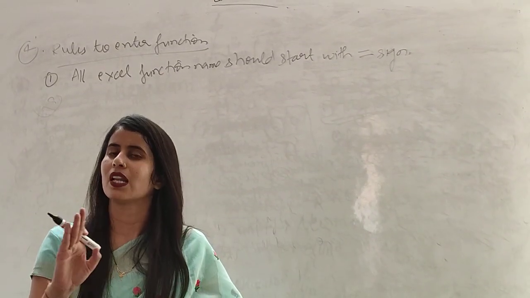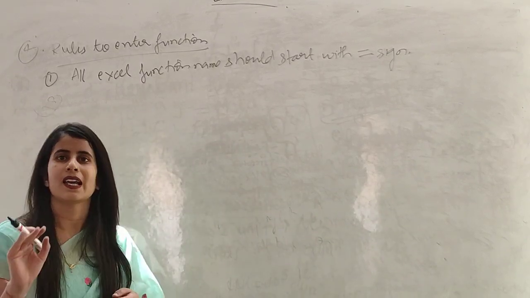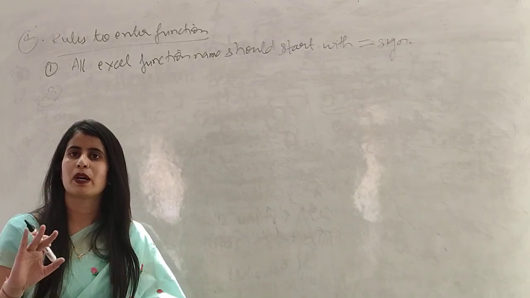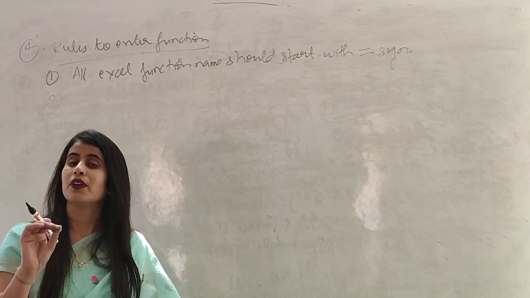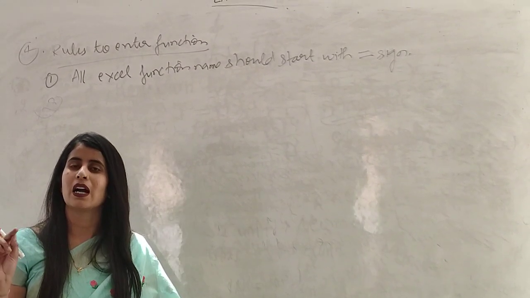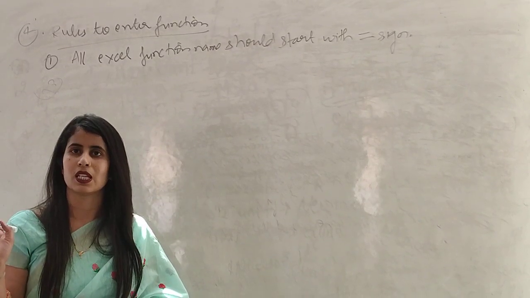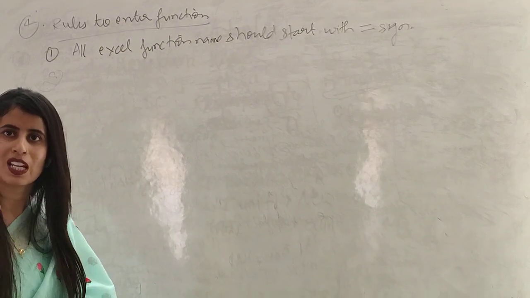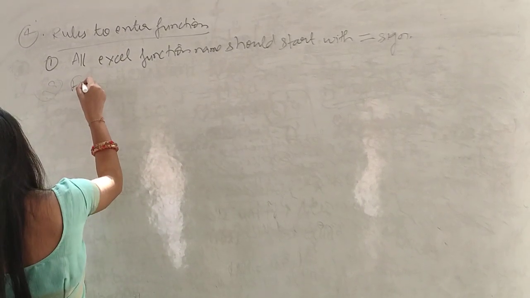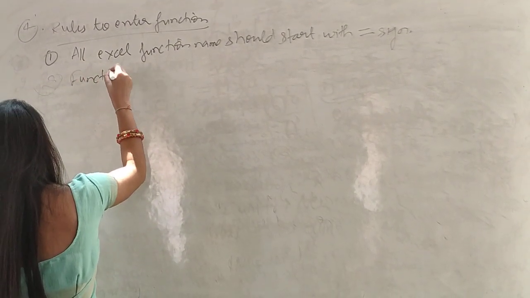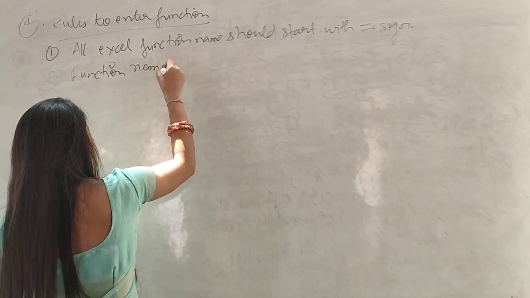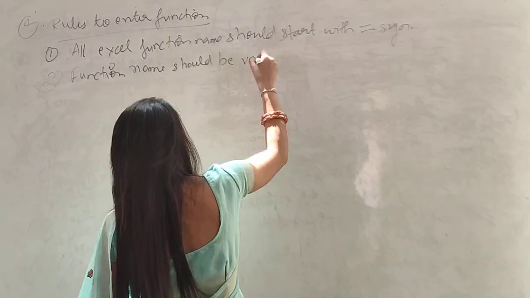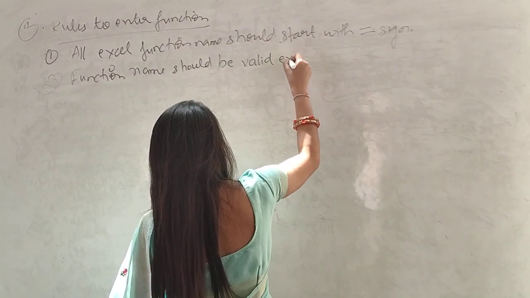It should be a valid Excel name. Like len. If we are going the previous question, they asked about the length. So we can write only len. We can't write lengst or gth. Okay. So these are wrong. Function name should be a valid Excel name. So answer should be, function name should be valid